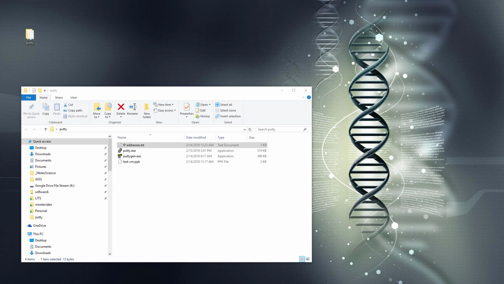So this video is assuming that there is a VM. It is currently running on the cloud. You have the IP address and you have the private key file. I have the IP address right here in a text file, and I have the private key for SSH authentication right here. So what we want to do is open up Putty,